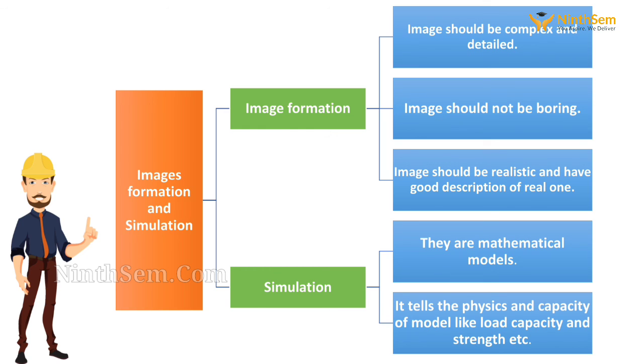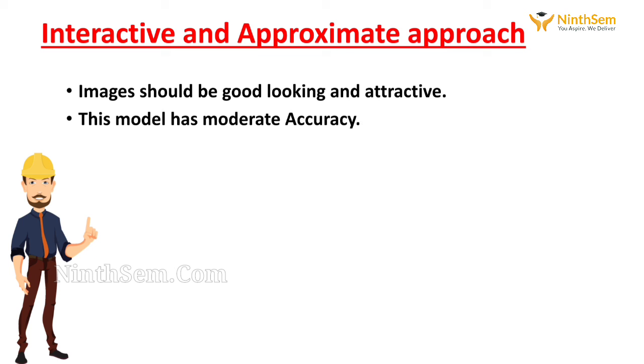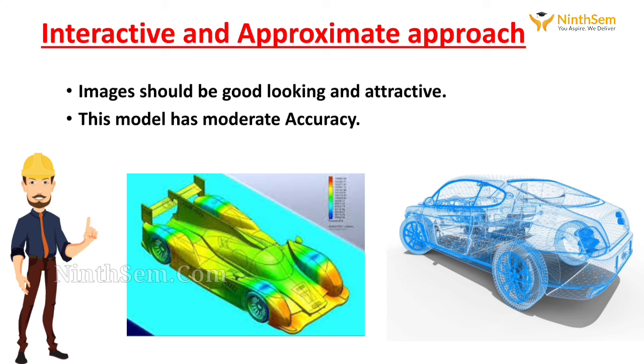The other one, which we find very appropriate, is the interactive and approximate approach. This approach is for making models that just need to look good. The other is slower and precise, appropriate for models that must be accurate. Of course, there is a huge overlap between these two systems, since many models used for images need to be very precise, and sometimes simulation just needs something close as a stand-in or a starting point shape.